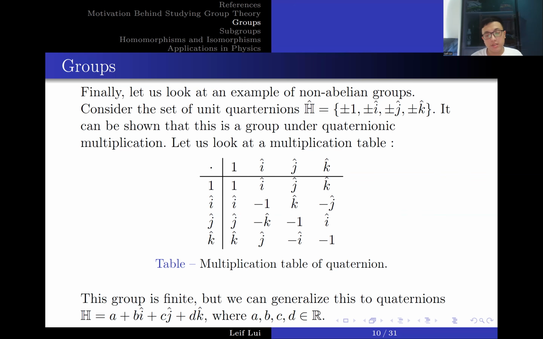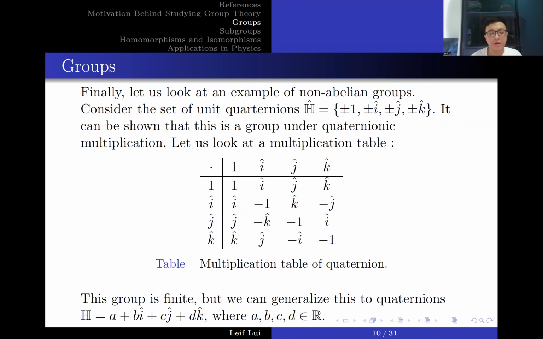Now we have to check what the inverse is. I told you before that i squared is -1, j squared is -1, k squared is -1. So -1 times -1 is 1. Basically, the inverse of i is simply -i, because we just multiply by -1 to get +1. So -i is the inverse of i, -j is the inverse of j, -k is the inverse of k. This is quite simple to check. And the inverse of 1 is just 1, because the inverse of the identity is the identity itself.